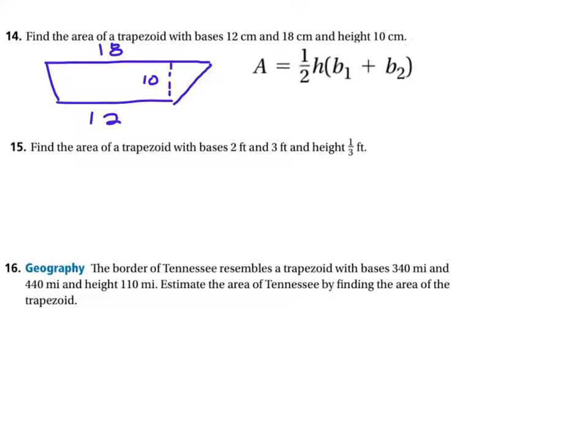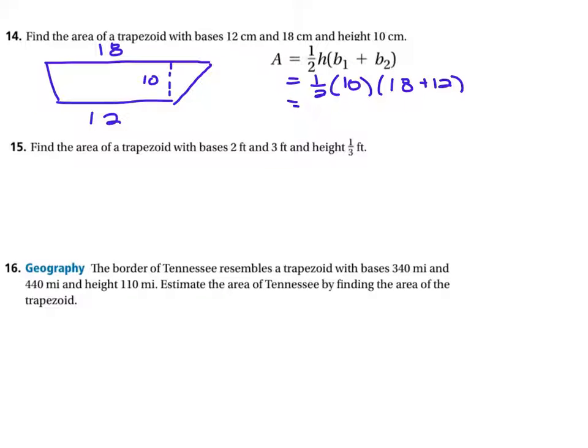Okay, so sorry, I don't know how much of that you're seeing, but so then if we want to calculate the area, we would say 1/2 times the height of 10 times the bases of 18 plus 12, which we could say that is 1/2 times 10 times 30,